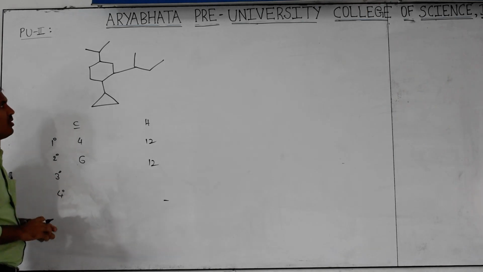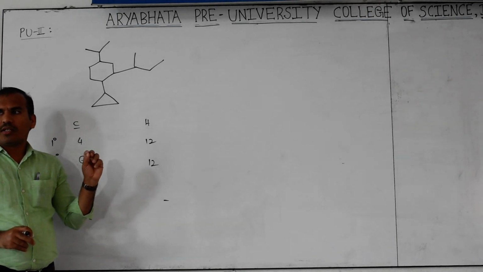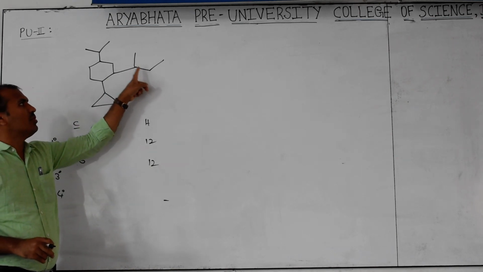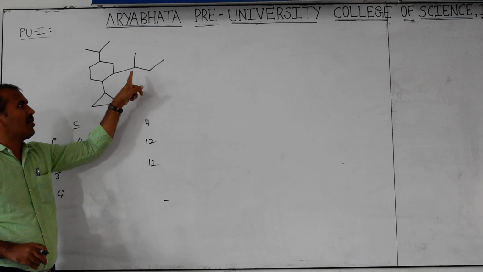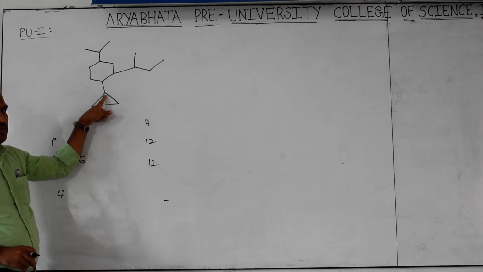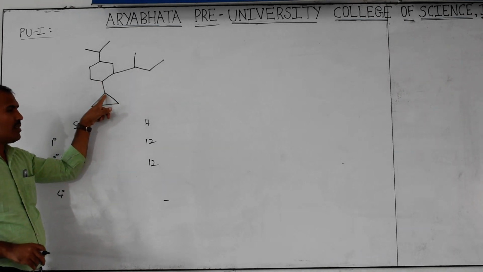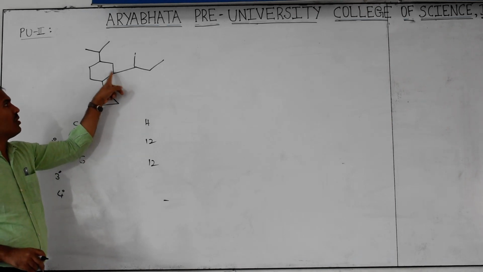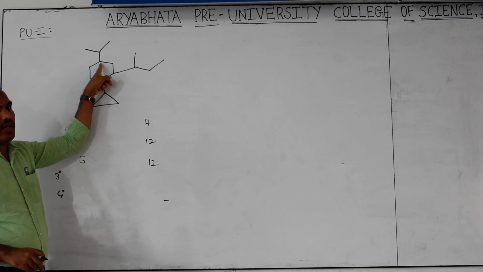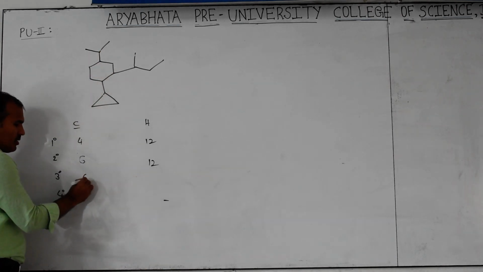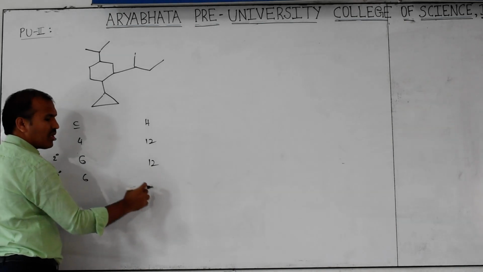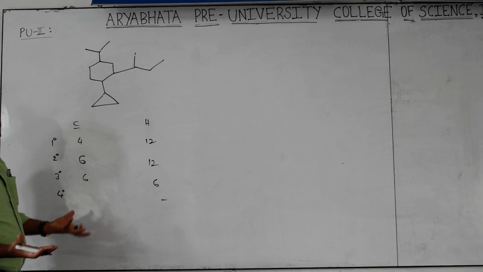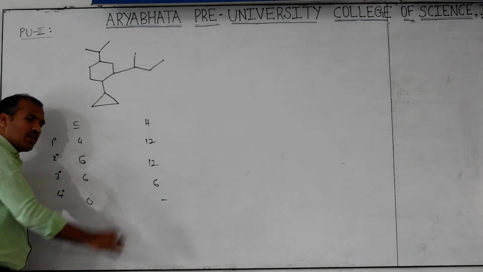Then tertiary carbon. The tertiary carbon meaning what is that? The carbon which is directly bonded to three other carbons. 1, 2, 3. It means this carbon is bonded to three other carbons. 1. Then this is 1, 2, 3. Then this 1, 2. Then this is third. This is 4. This is 5. This is 6. 6 into 1, 1, because each one is having 1, 1, 1. Then 6. Quaternary carbon is not there anywhere, so it is 0, no quaternary hydrogen.